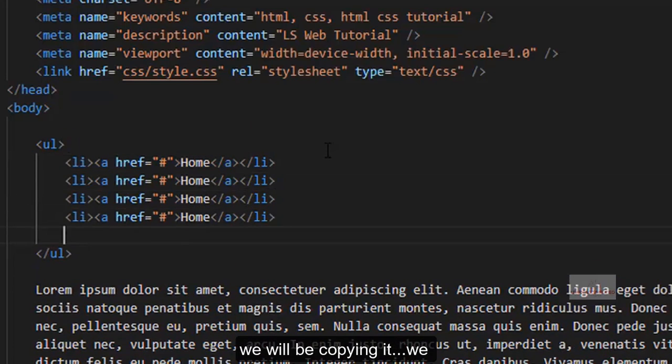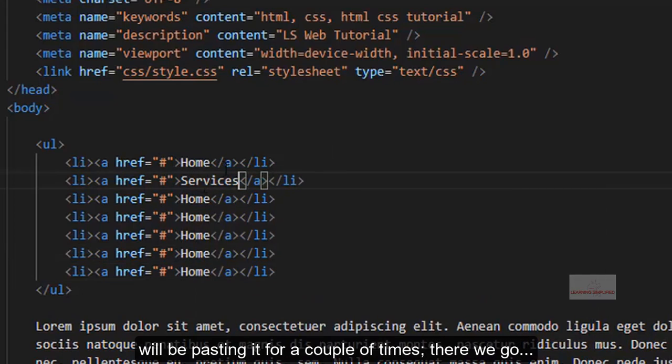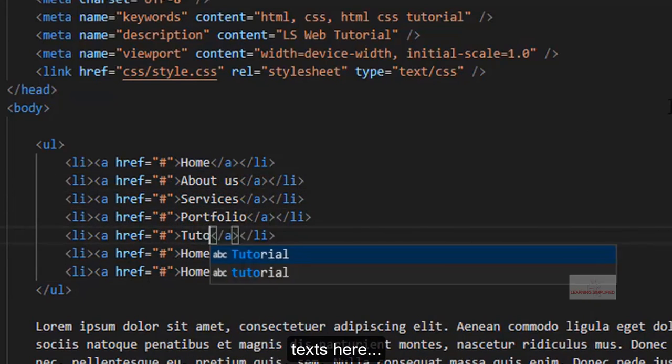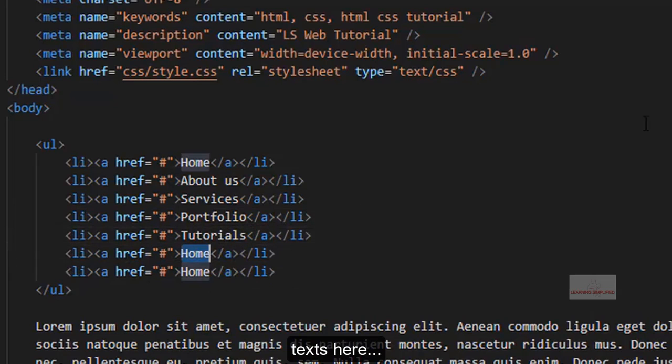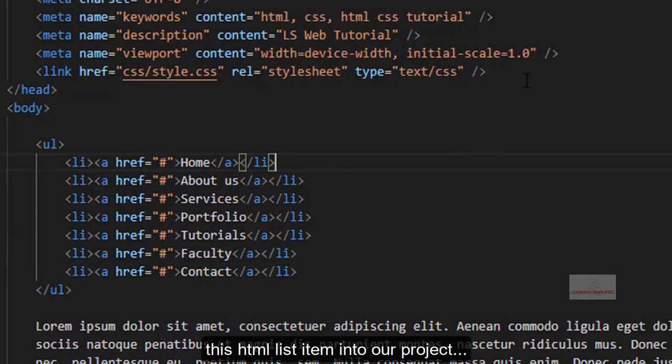In the next case, we will be copying it and pasting it a couple of times. There it goes. Let's change these texts here. So we have created this HTML list into our project right above the existing elements of our site,